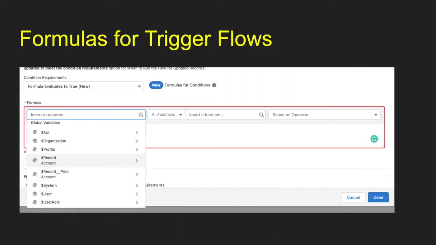Number 1, formulas for trigger flows. This is amazing. This is great. Now, when you have a trigger flow, you can build a formula and you can reference all the values as before, but you can build it as a formula instead of using the standard picklist option. So that's a really cool feature that we get this time around. And I'm really excited about it because I think that's going to really change the game for all of us that are